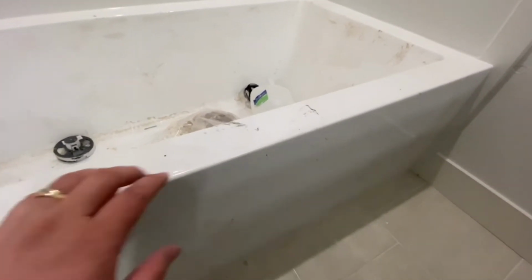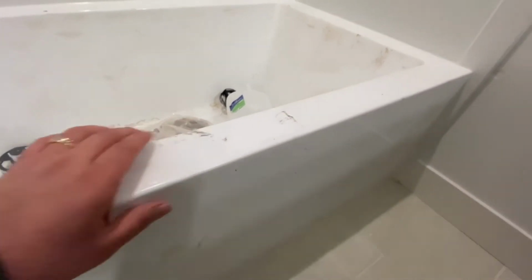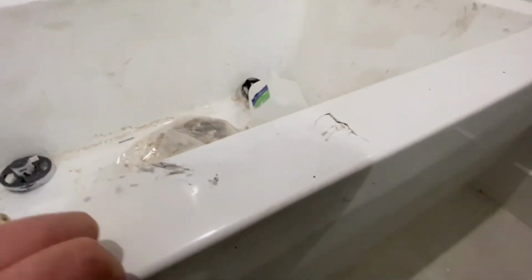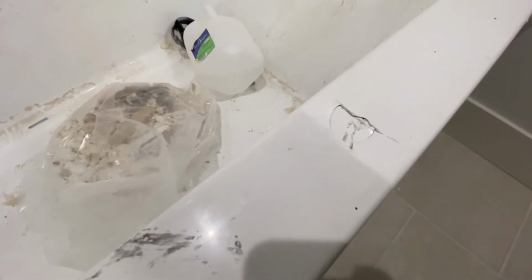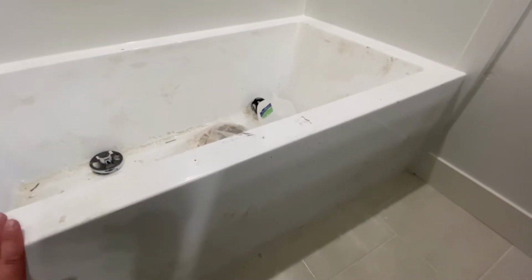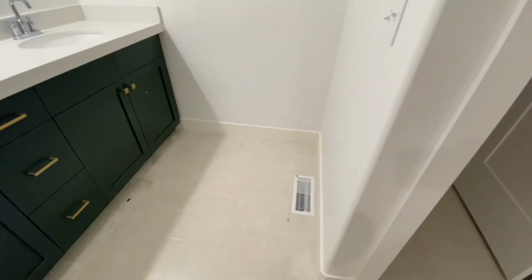And I'm also pissed because it's now 1 week before our third move-in date and they still haven't even addressed it. But one way or another, we are moving into this house a week from today. We've already had to pay an extra month of rent at our apartment. We've had to cancel movers 2 times, and we're done. This is happening. This is how the house looks